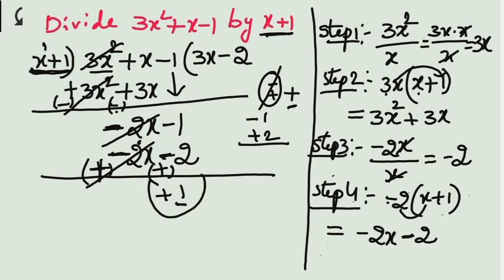This is the remainder. Here you have to stop the process, because if you observe the degree of this new dividend, the degree is 0, and the degree of the divisor is 1. When you compare these two, if the degree is lesser, then you have to stop the process. Or if you get the remainder 0, then also you stop the dividing process.